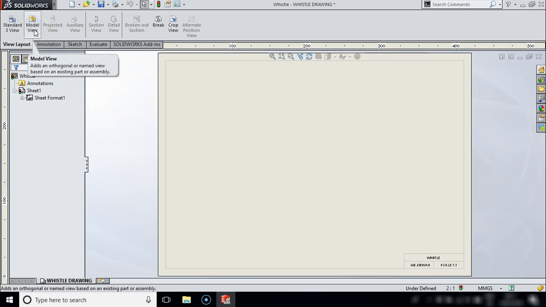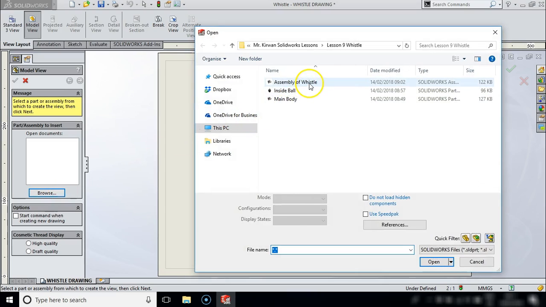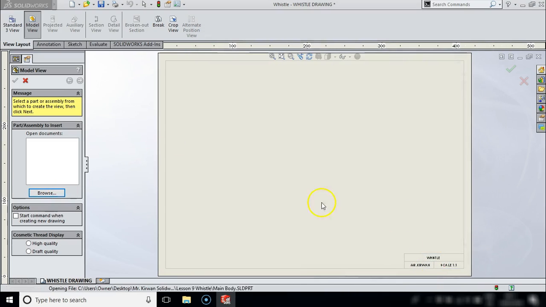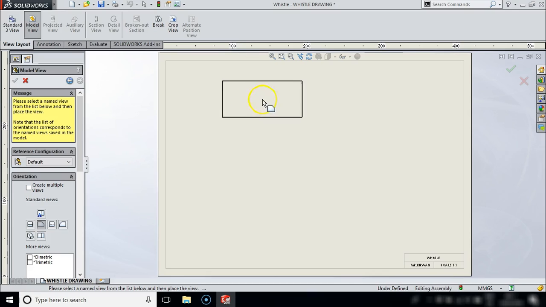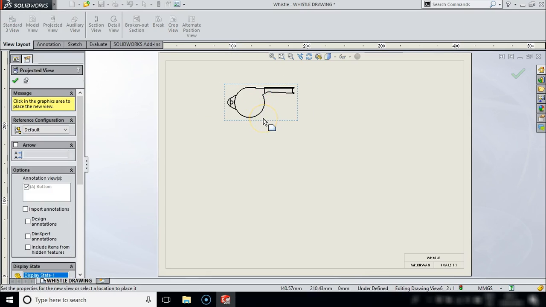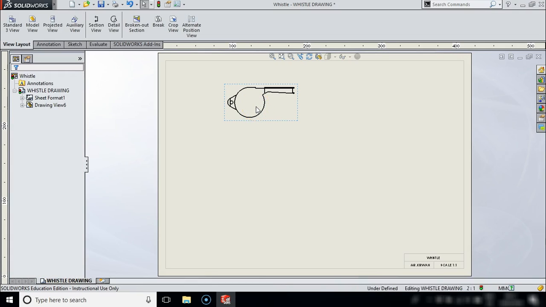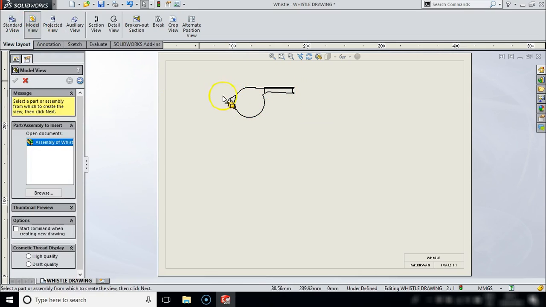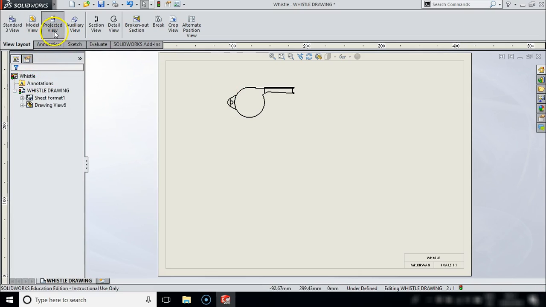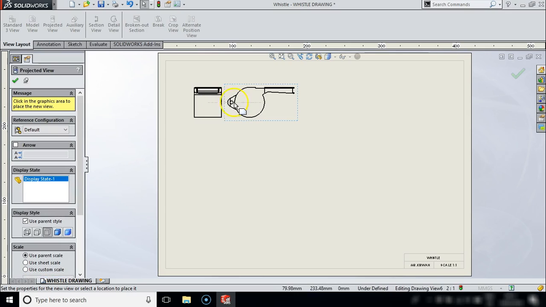So now what I want to do is go to model view, and I want to model a view of the assembly of the whistle, and click open. And let's just bring in one view for the moment, because we are going to make a little bit of a change, I think. I'm going to press escape there for the moment. I want the circular part to be on the right hand side more, so I'm going to go to model view, I'm going to go to projected view. I'm going to project the view out,